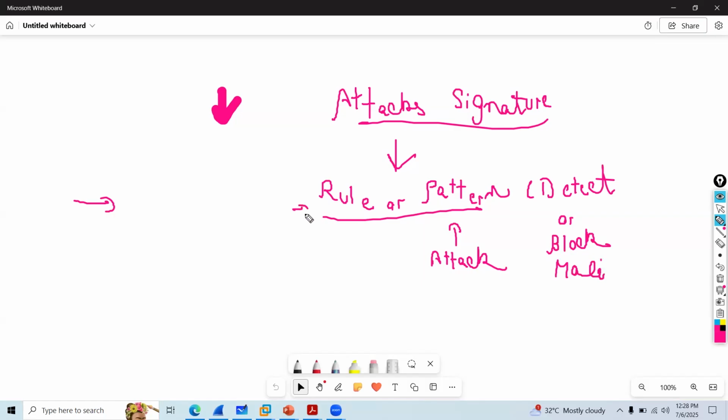Someone tries to insert some pattern which F5 WAF can detect and block. That is called an attack signature. So it applies on both your HTTP request header